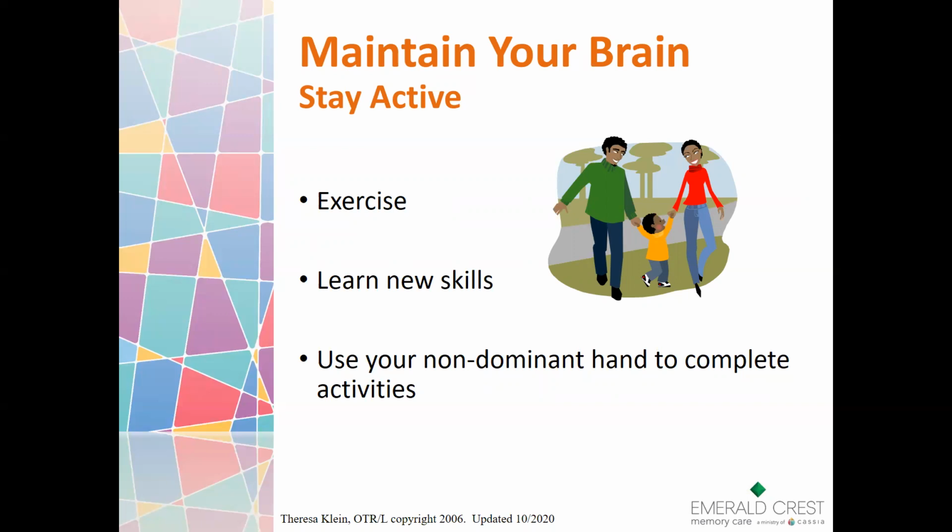I think the older we get, the more set in our ways we get, or this is just how we do things. But certainly pick up a new hobby, or take a class on something. Just be open to learning new things. Even things like using your non-dominant hand to do things. Like if you're a righty, use your left hand to put the dishes away. I'm not suggesting you write your checks out with your left hand if you're a righty, because that's probably going to get a little messy. But certainly using your non-dominant side of your body can continue to make brain connections